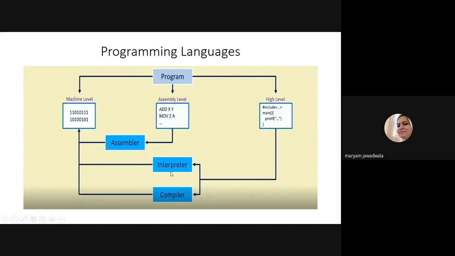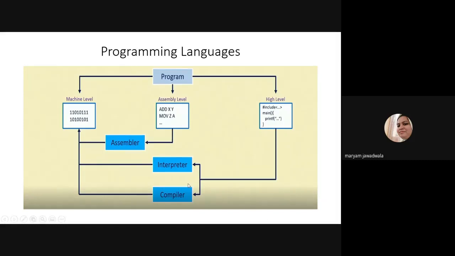The job of the interpreter is to convert your 3G language line by line to machine language. This is the only difference between interpreter and compiler. In C language, you already know the concept of the compiler. If you write a program in C language and run it, there is a compiler, Turbo C++, which converts your C program into machine language.